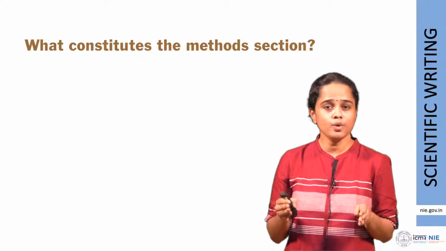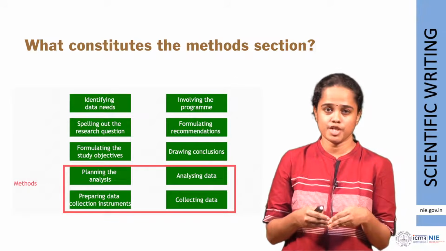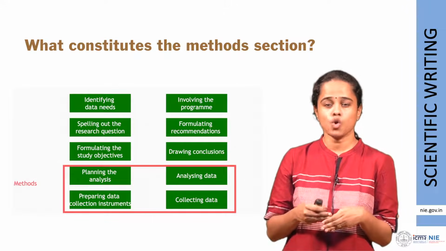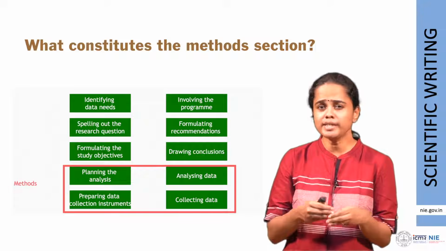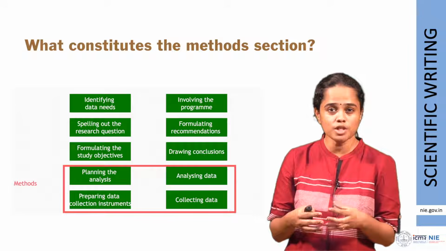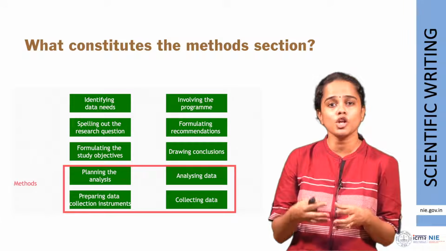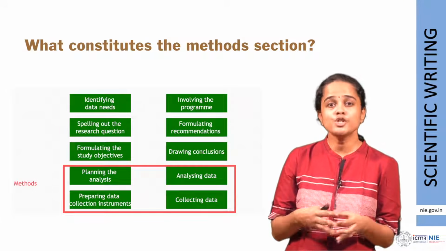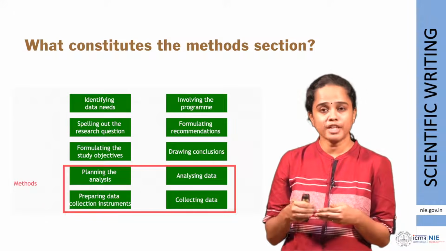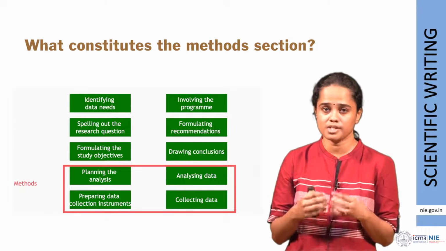By now I think you are familiar with this diagram, which is on the life cycle of an investigation. Everything starts with you identifying your data needs, or a research gap. It could be a question that came to you when you were in the clinic or in the community observing something, and you decide that there is a need for evidence. There is a knowledge gap in this particular area. So you proceed to spell out a research question. We saw the finer criteria of how to spell out a clear and well-defined research question.